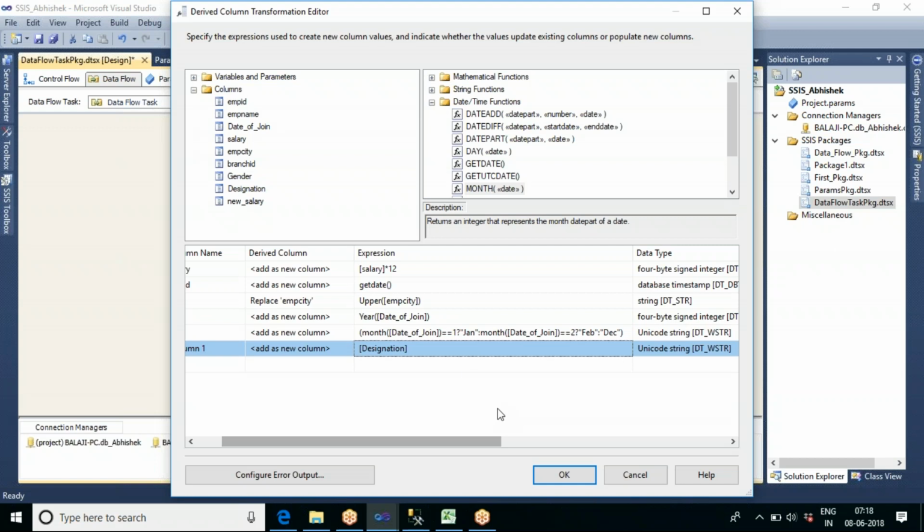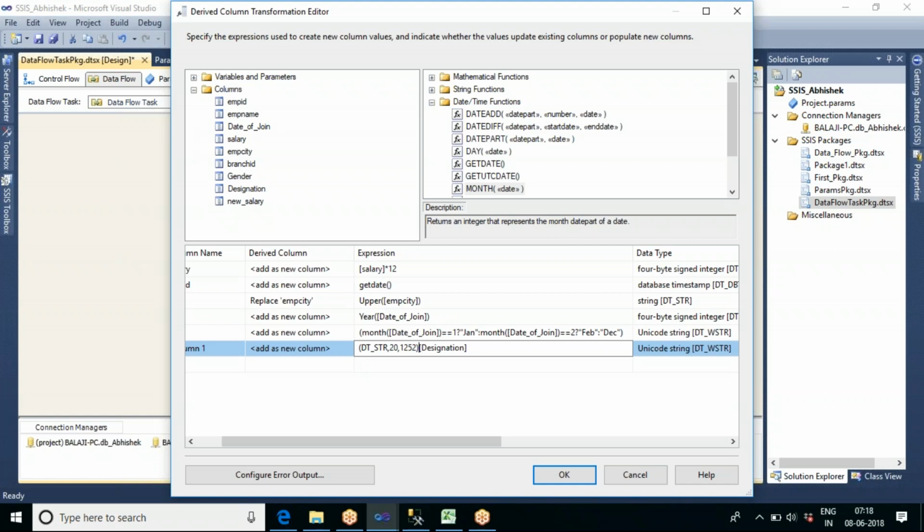Let us see. To convert to the string format, we have one command called DT_STR, comma, how much length you want, that is varchar of 20, and what is the code language, that is Latin English, that is the default code number 1252.